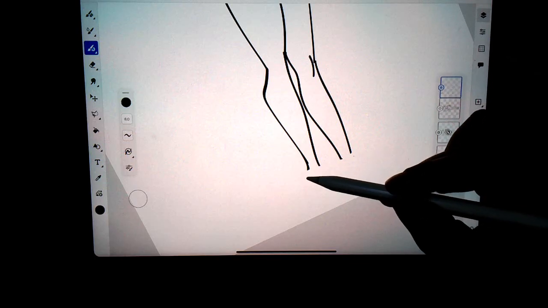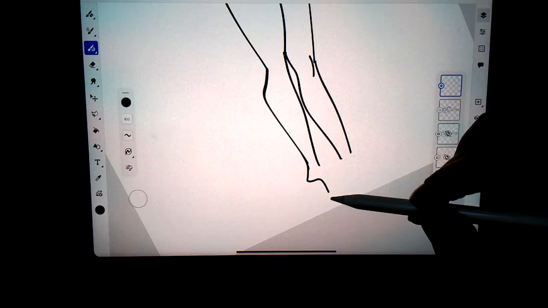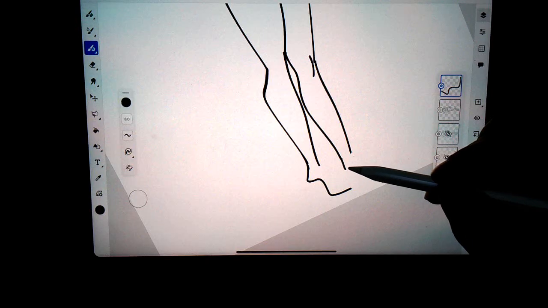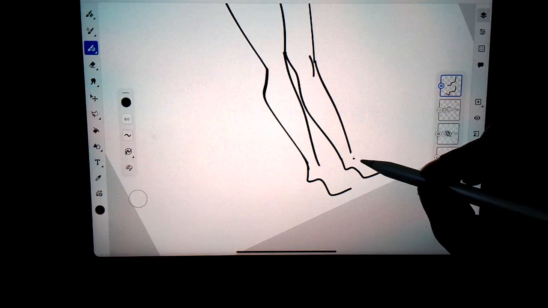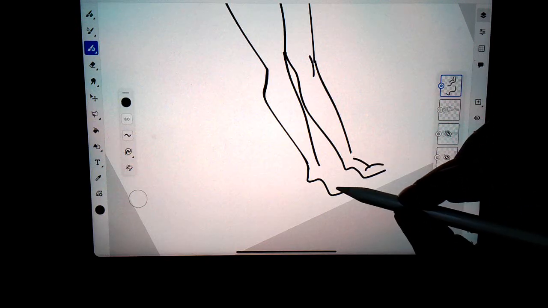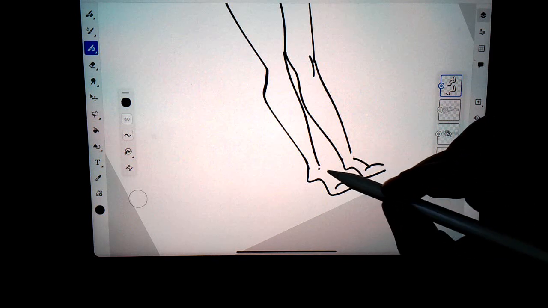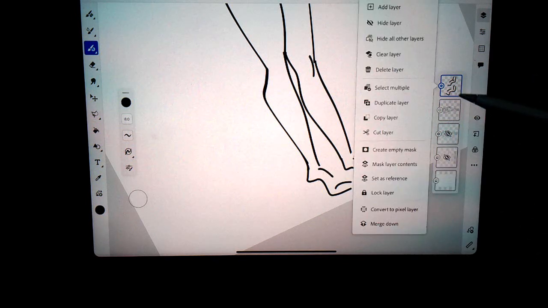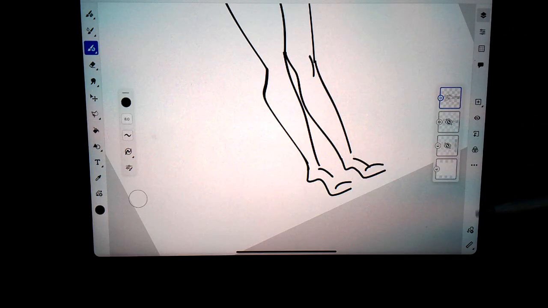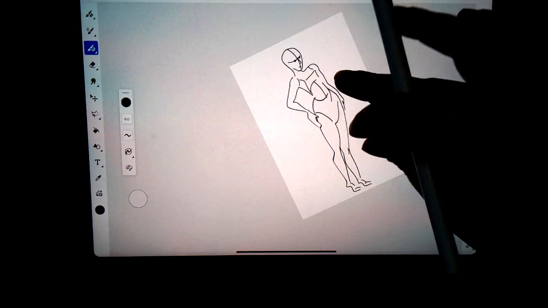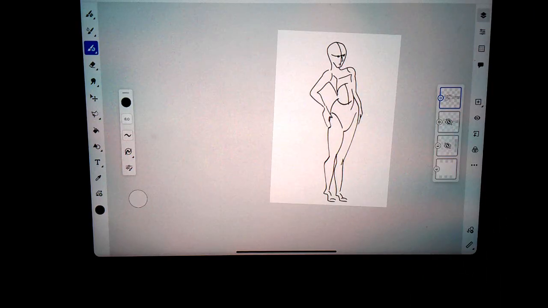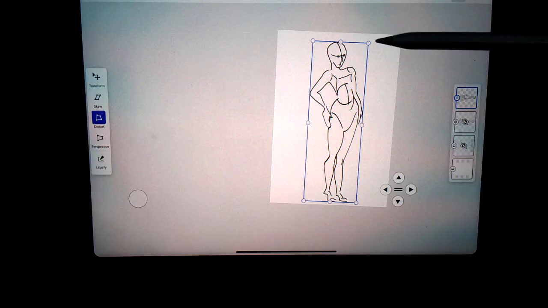I think this is gonna give me, okay, yeah. So I have a vector brush selected, so it's gonna give me another layer to start with. If this is on another layer and I want it to be on this pixel layer, I can select merge down and it'll just convert it to a pixel for me. So I can do minimum warping of things